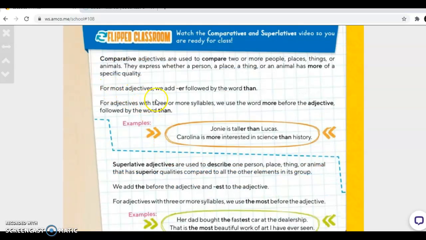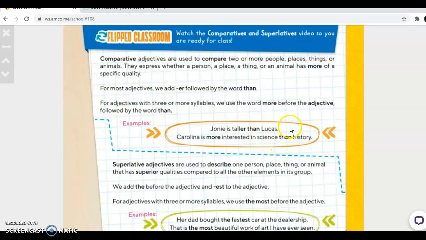For most adjectives, we add er followed by the word than. For adjectives with three or more syllables, we use the word more before the adjective, followed by the word than. Examples: Johnny is taller than Lucas. Carolina is more interested in science than